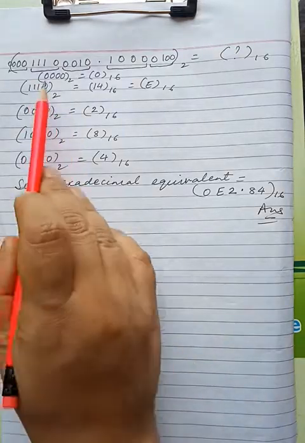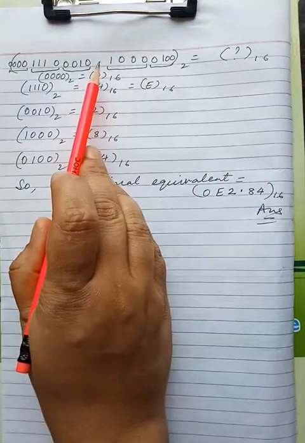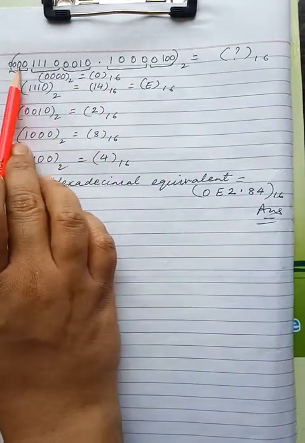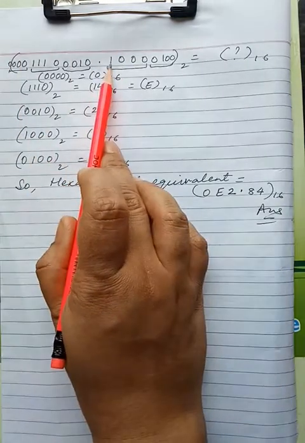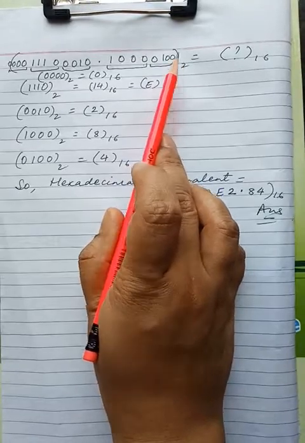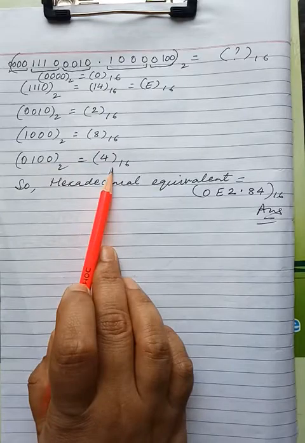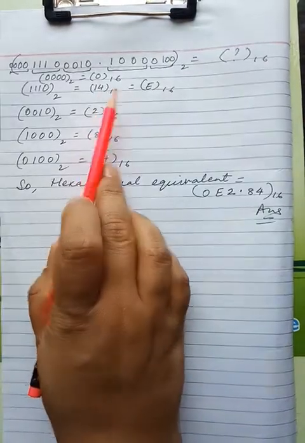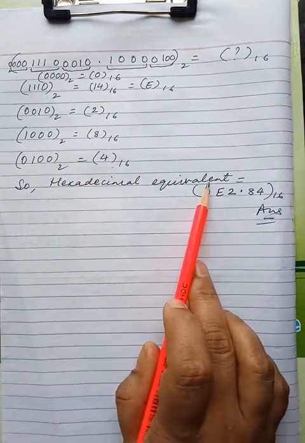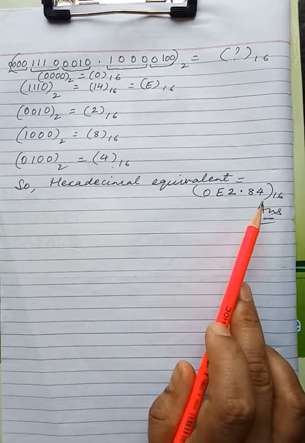Next step is you have to convert this binary number to its equivalent hexadecimal. So there is a dot in between, so make groups of 4. First group, second group. There was 1 0, so I did 3 zeros here. From the right, 4, then there were 2, so I did 2 zeros here. Okay, then separate the groups and write the equivalent hexadecimal numbers. 14 means E, 0 means 0, 2, 8, 4. So equivalent hexadecimal is 0E2.84. This is the answer.